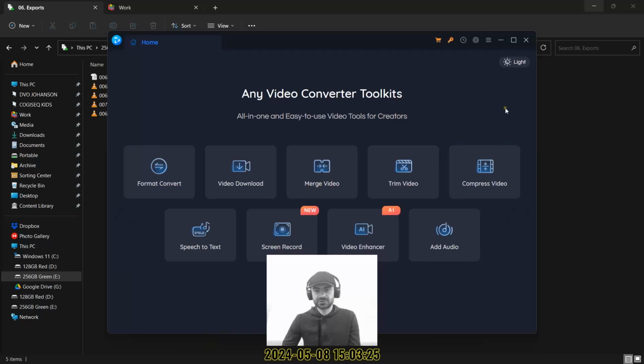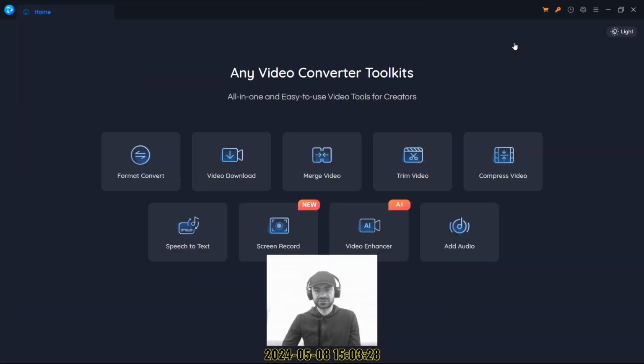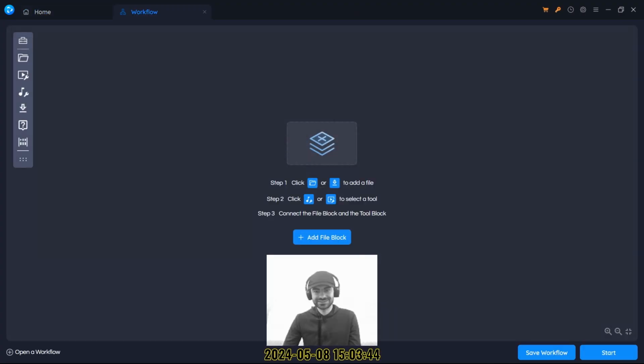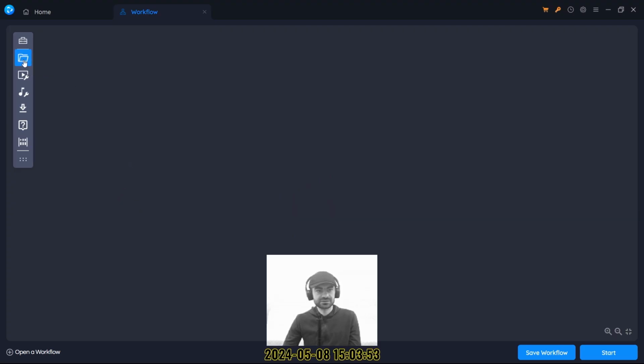I'm using Any Video Converter to add the music track to my video. This feature is free. Now I'm going to create a new workflow and save it as a template so that I don't repeat the same task over and over again. I'm clicking here, add files, once, left mouse click, and the second mouse click just to choose a